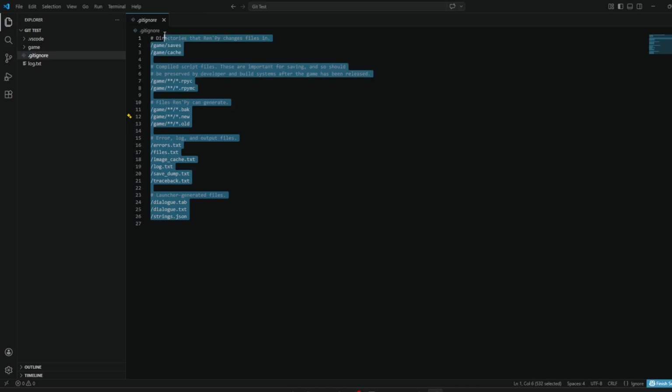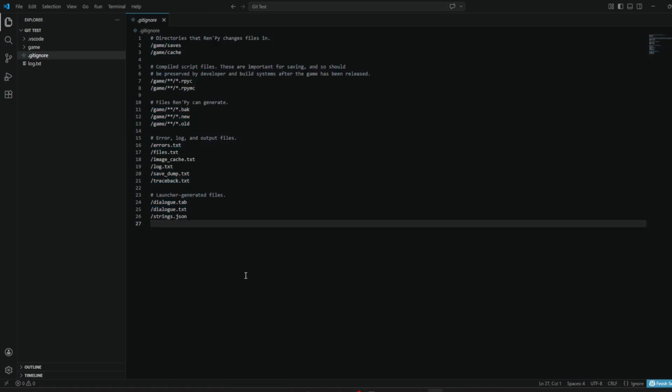What is a .gitignore file? It's basically a list of the things that we don't need to save as a backup. As far as we're concerned, it is a list of things we don't need to put on GitHub and declare, like, here's all the saves whenever we're making quick saves and stuff. Here's our error logs and stuff. We don't need that saved on GitHub, so we don't bother, because if theoretically someone else were to grab that project and look at it, they don't need these files to run it as we need to. You get what I mean? Anyway,